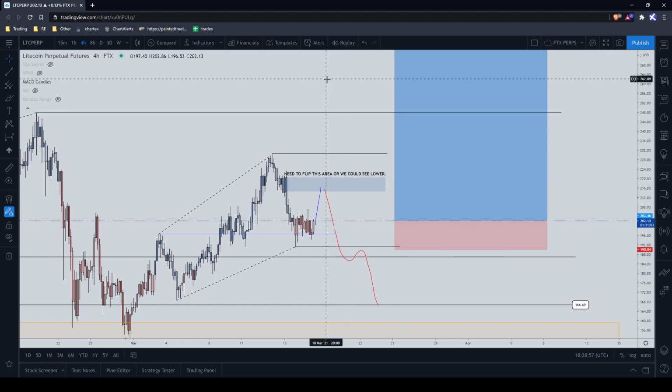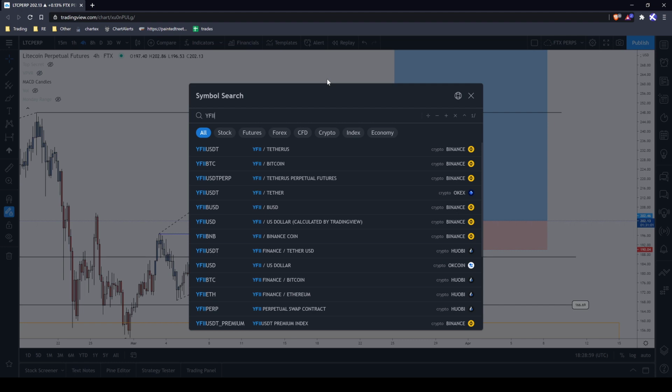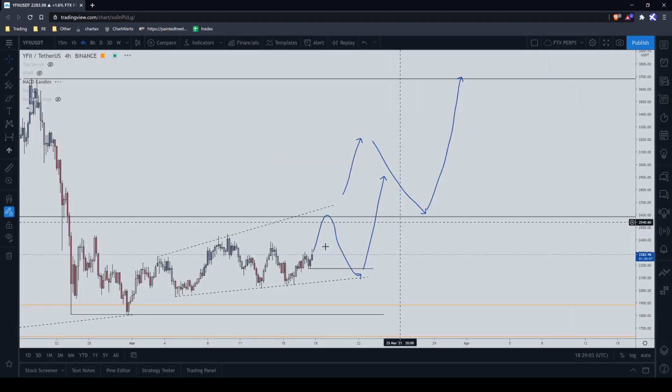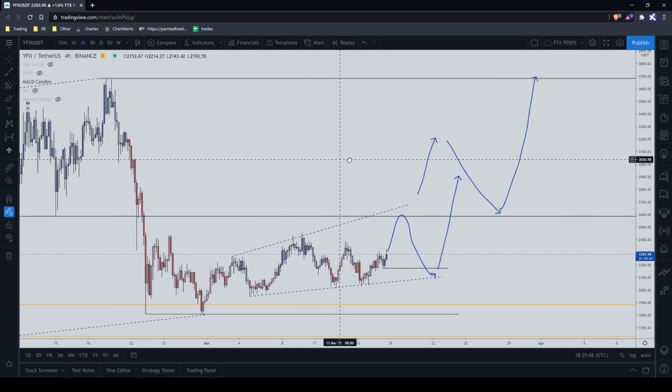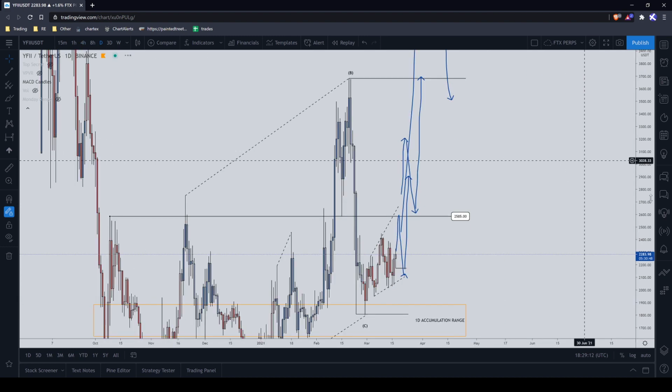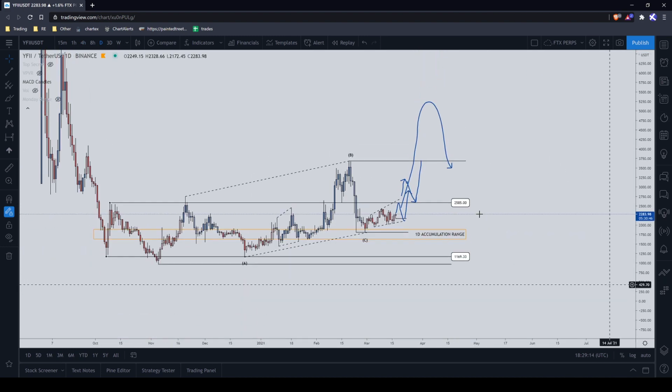From Litecoin, let's jump over to Yfii. We'll look at the Binance USDT chart as it has the most history. So same here, we're looking for potential of chopping around before really getting the expansion upwards. If we go to the daily, you can see